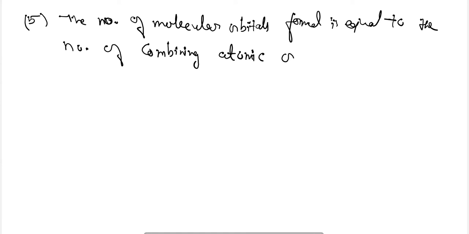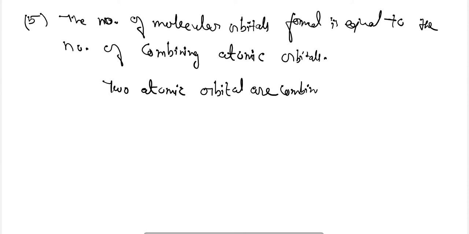Two atomic orbitals combine to form two molecular orbitals. If we are saying that two atomic orbitals are combining to form two molecular orbitals,